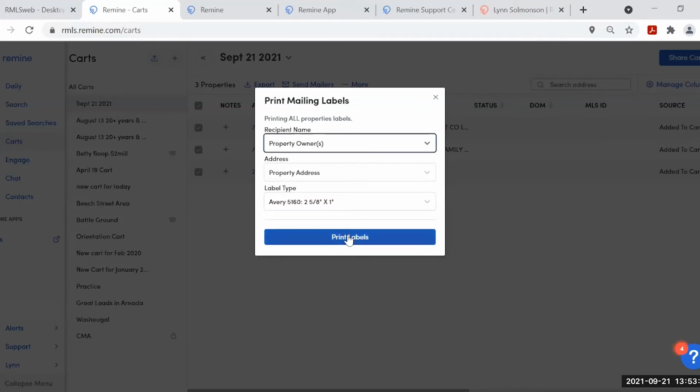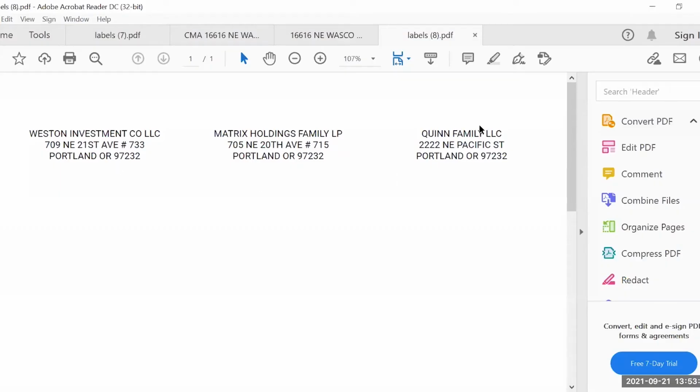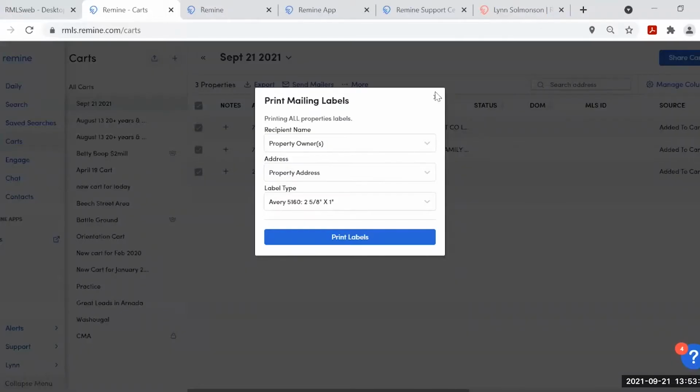And when you print labels, it's going to print them, and I will share this screen with you. So it's going to take them into a PDF for you. And now all you need to do is put your little labels in your printer, print these out, and slap them on your mailer and get them off in the mail. Okay, so you don't even need to know how to do a mail merge. It's that easy. Okay, let me go back to Chrome and close that.